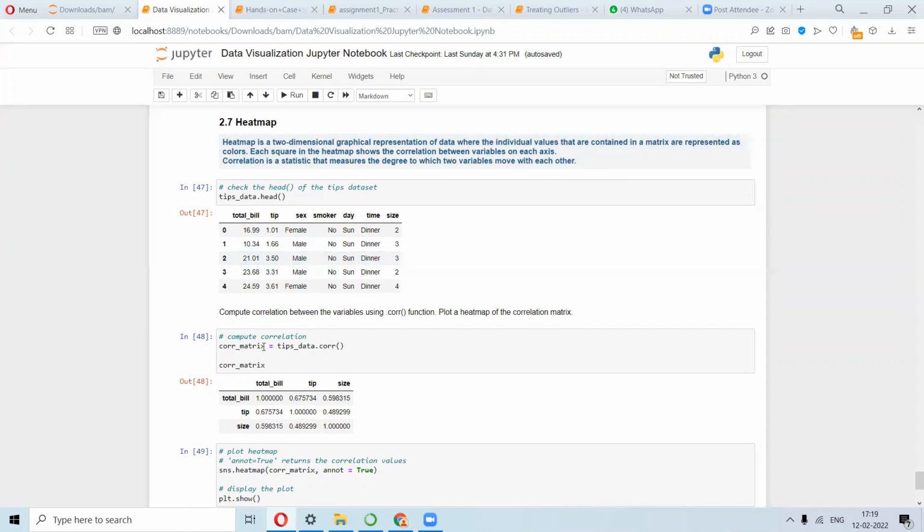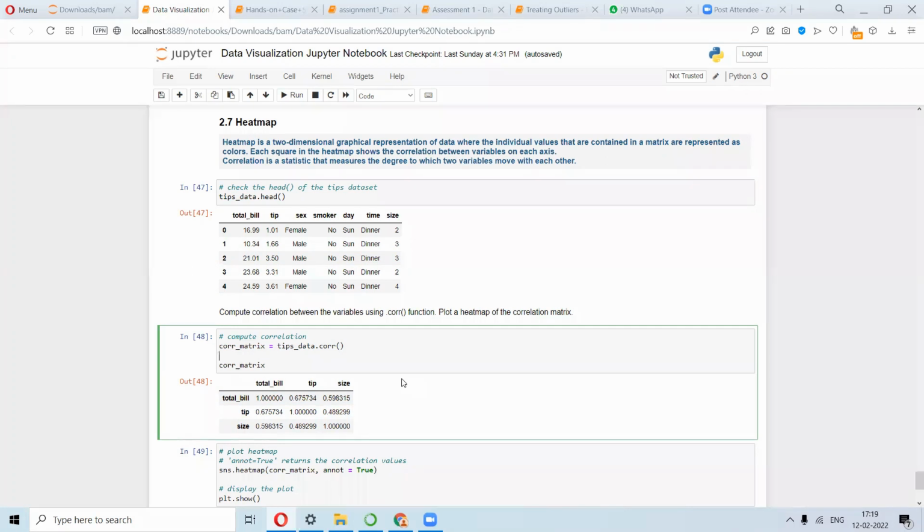This is how we named our correlation matrix, corr_matrix, and this is the function that we use, on the data set tips_data, to get the correlation matrix. It's the same thing as the figure, but in terms of numerical values. You can see that tip and total bill have a somewhat positive correlation of 0.67.